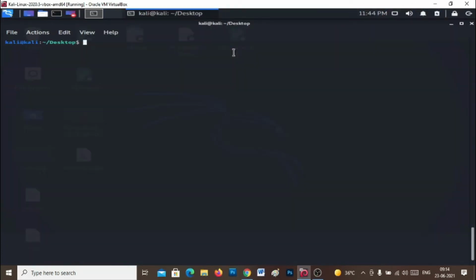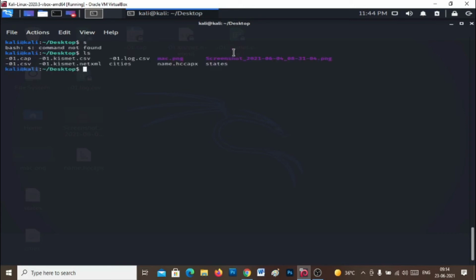Let's handle multiple files. Run the ls command again. As you see, we have two files, cities and states. Now let's output the first 5 lines from both files. So run the command head space hyphen n space number of lines space name of files.